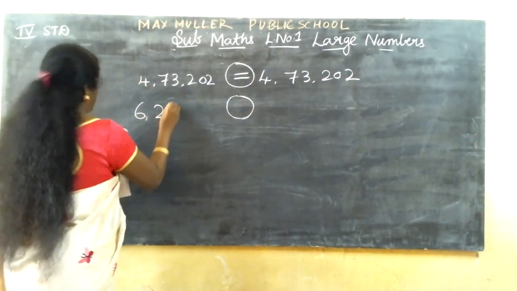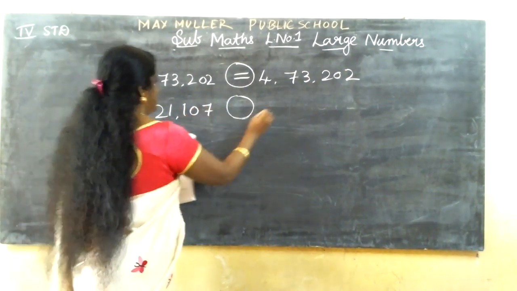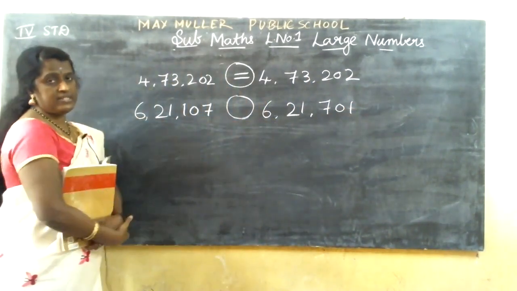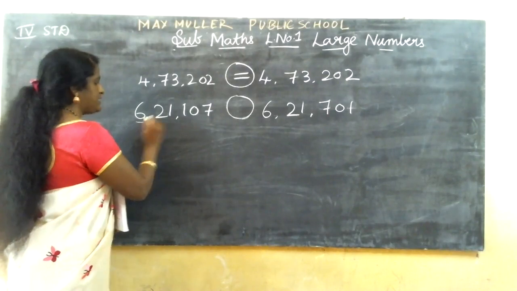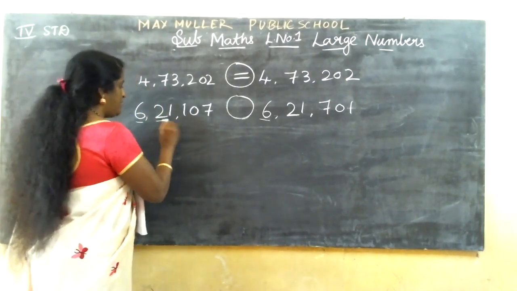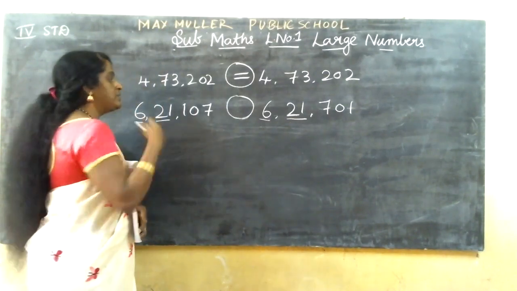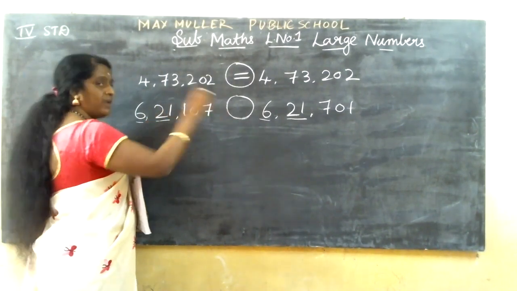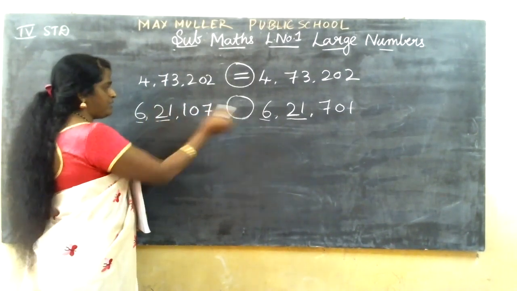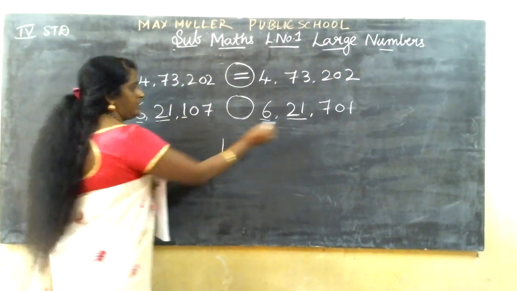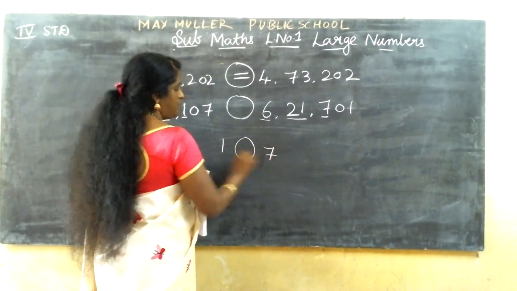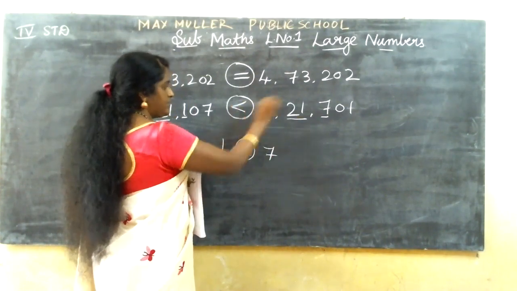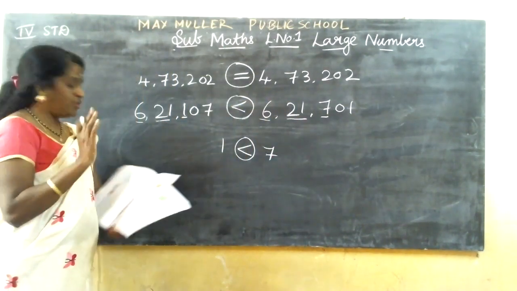6,21,000. Now, which is greater, which is lesser? See here, 6 is the same, 21 is the same, so you should go for the next. You may think, ma'am told only one number, two numbers. No. If all the numbers are the same, we should go up to the last, no problem. See, 6 same, 21 same. So this is 1, this is 7. Which is greater in this? 7 is greater, 1 is lesser. So the greater-than symbol is this. So by saying that, you should write.